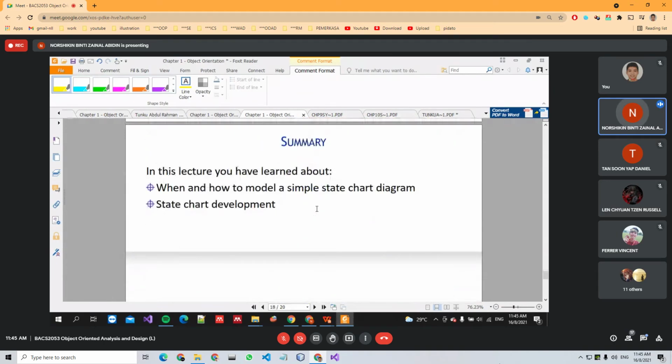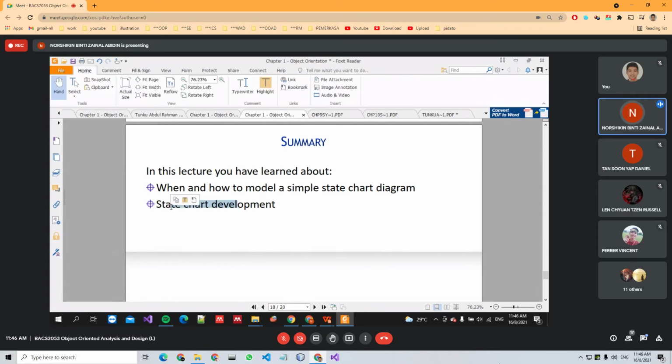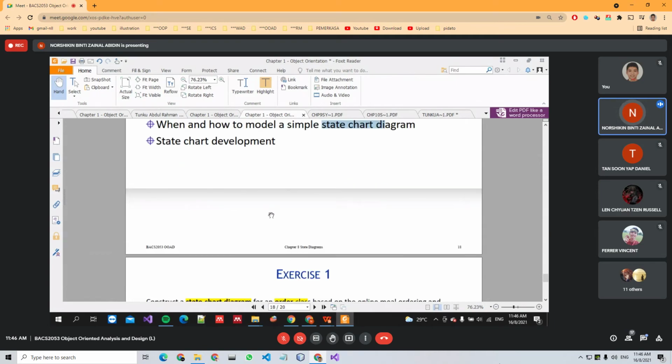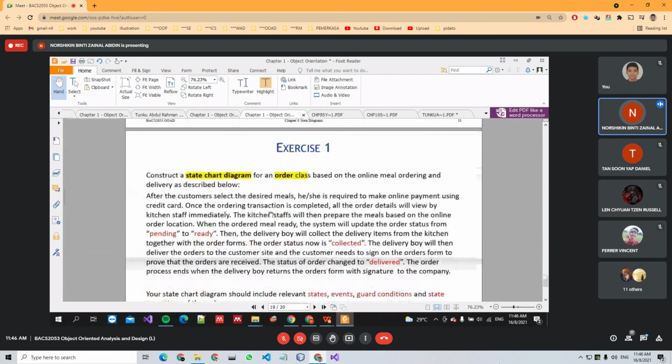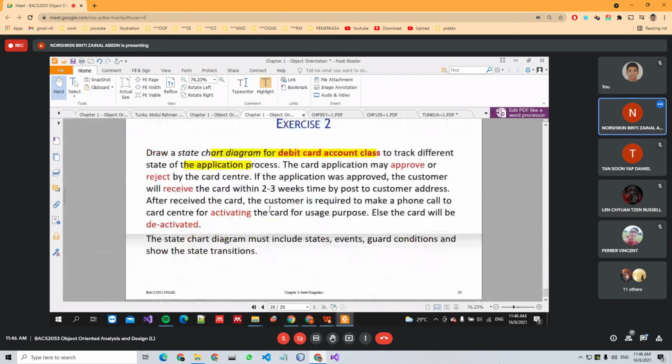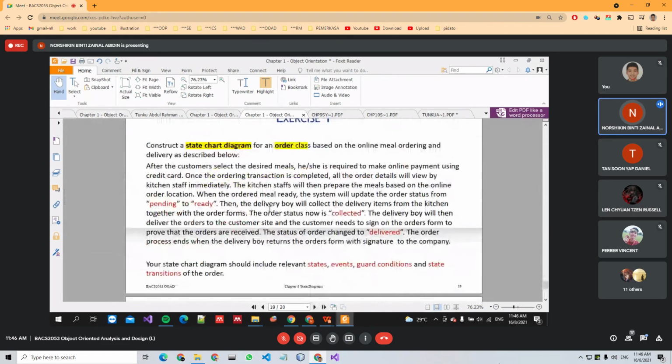So here in this chapter, we already learned about when and how to model a simple state chart diagram and state chart development. State chart development is the one just now. When and how to model a simple state chart diagram. Okay, you should know already how to develop and how to read the process of your state chart diagram. Again,